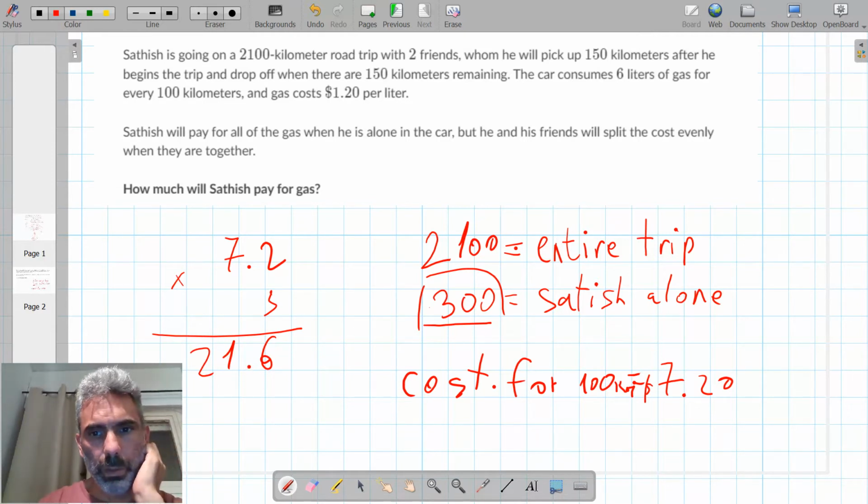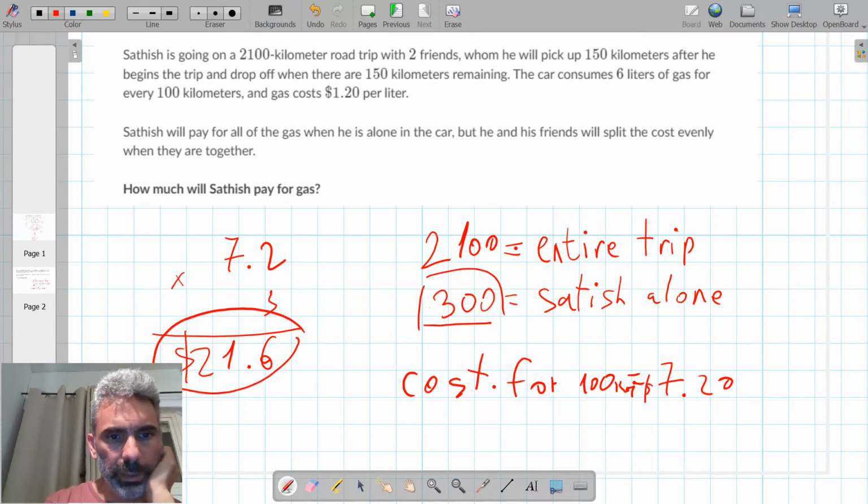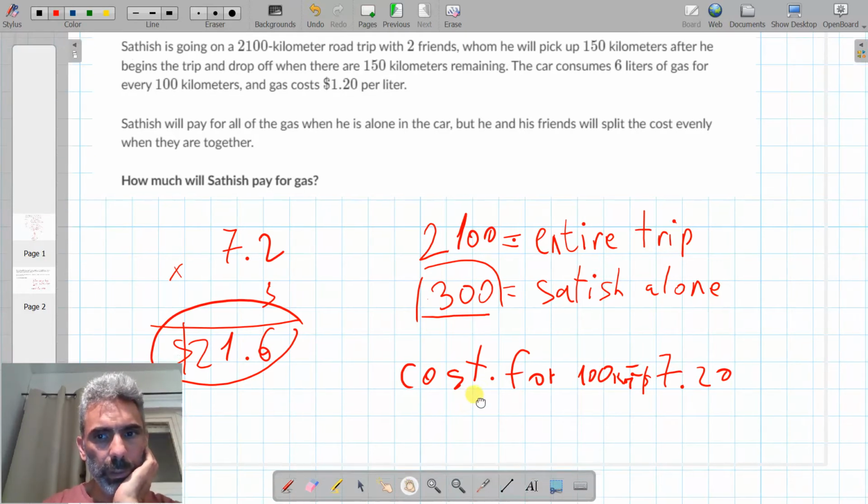So the cost of the trip for the 300 kilometers for Satish when he is alone is $21.60, and for the rest 1800 kilometers the cost is